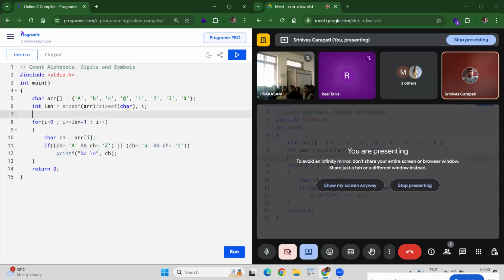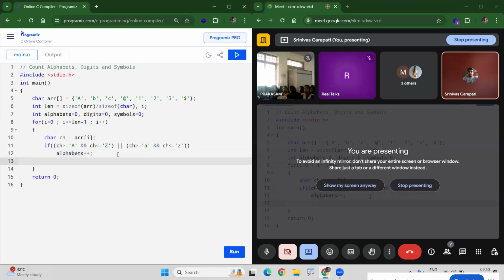We are taking three variables. One is alphabets equal to 0. Initially counting starts with 0. Digits and symbols also. So when it is an alphabet, just increase the count: alphabets plus plus. Else